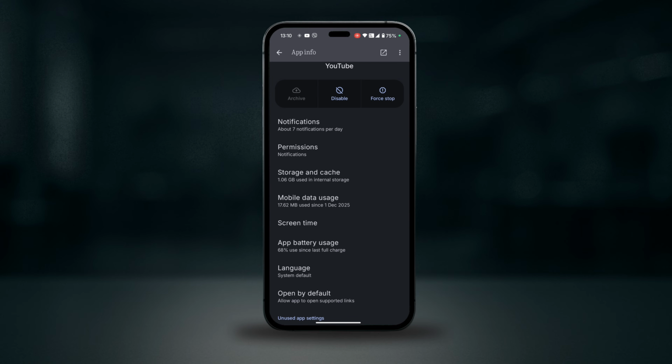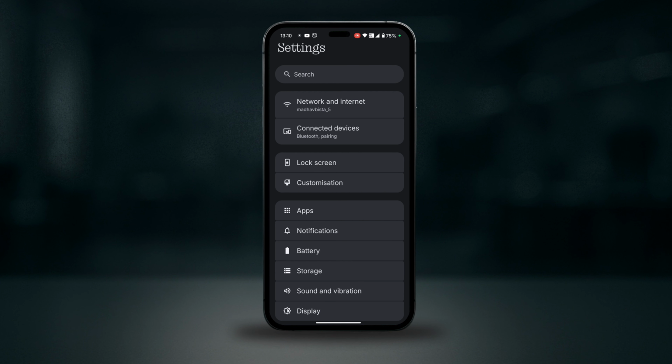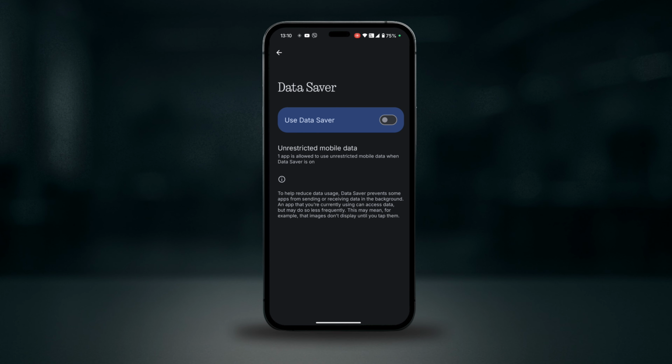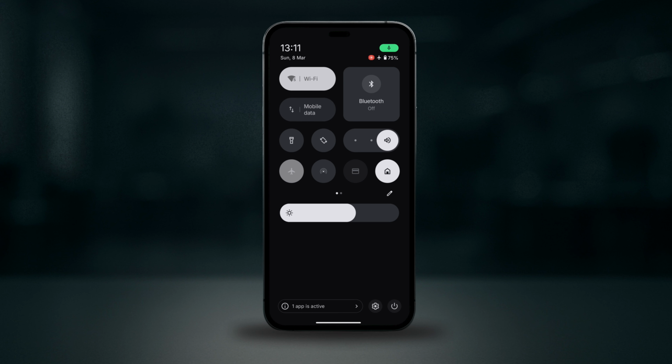You should also check if data saver is turned on. If data saver is enabled, some apps may not work properly. Go to settings, open network and internet, find data saver and make sure it is turned off or allow the app to use data. And another simple fix is turning airplane mode on for about 10 seconds and then turning